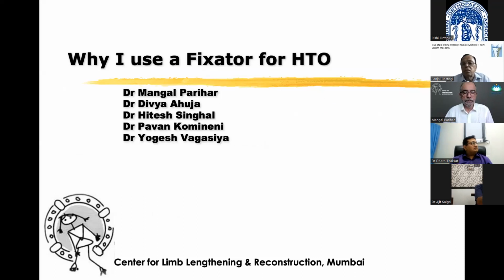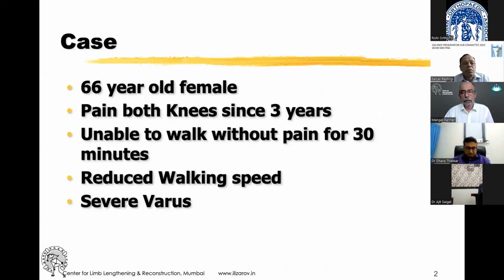I started using a fixator before Tomofix, which is a very reliable method of fixation, was available. Initially Ilizarov, and then this unilateral fixator, which I'll come to in a bit. And I want to underline the reasons why I still find the fixator very, very useful